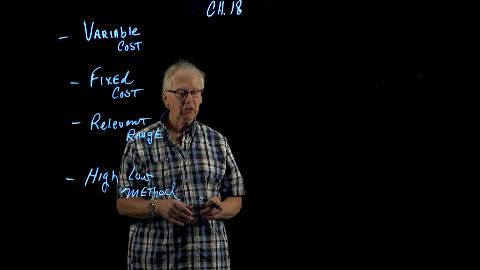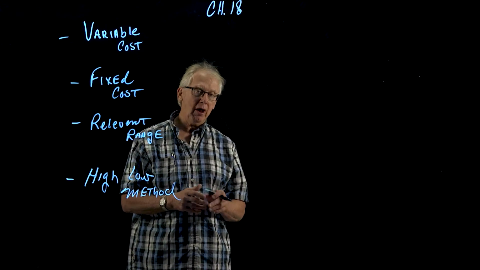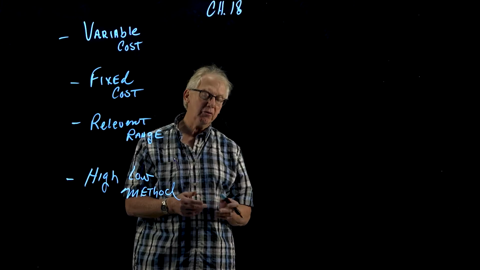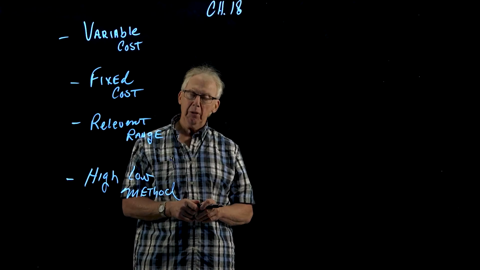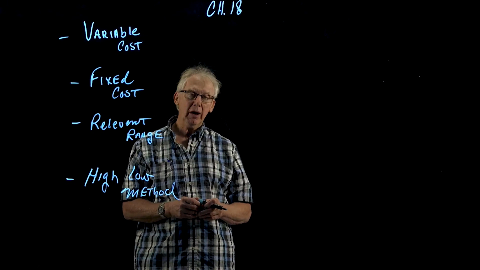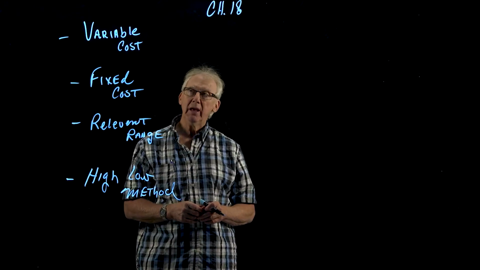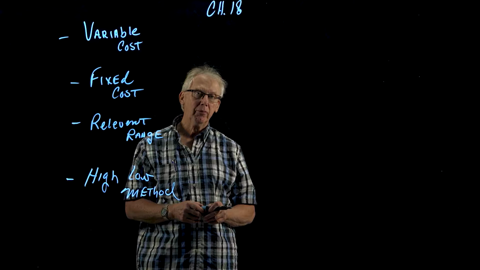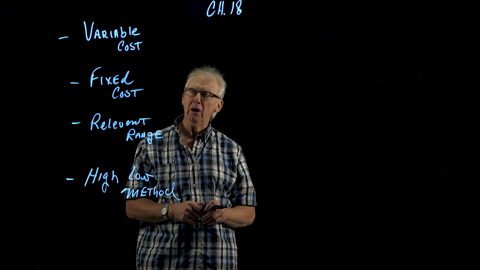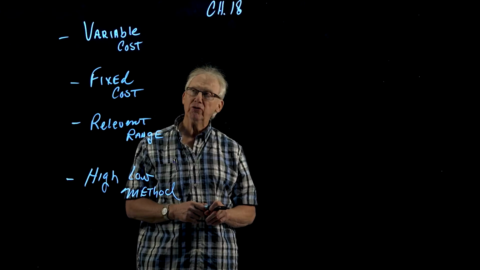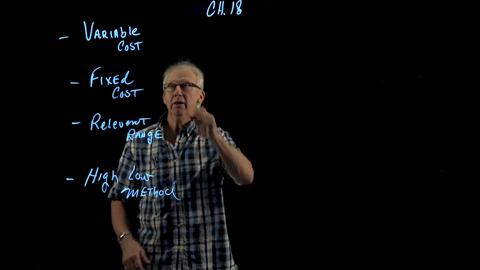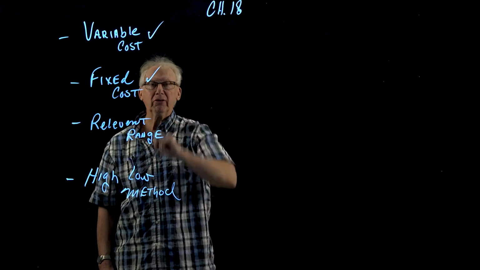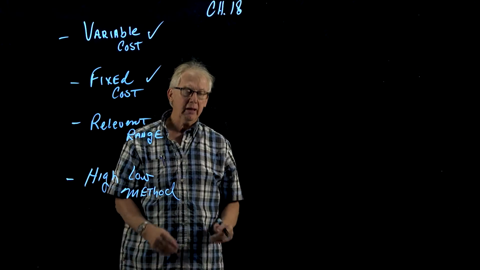First of all, we talked about product costs and period cost in Chapter 14 and 15. But we didn't talk about another way to break up cost. And in Chapter 18, we're introduced to two different ways that cost can be classified, variable cost and fixed cost. Okay, now